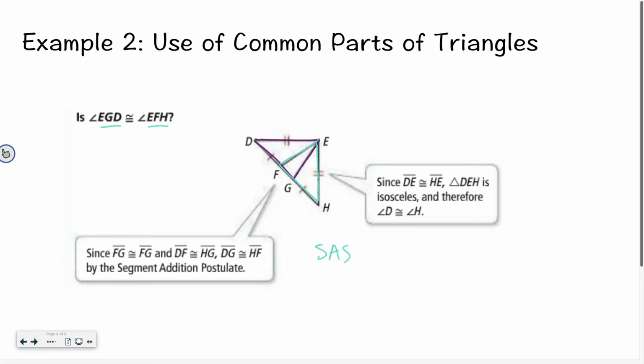And if those two triangles are congruent, that means that these two corresponding angles are congruent by